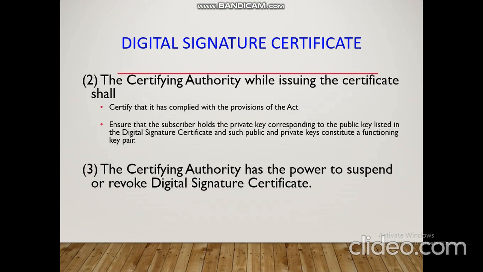Digital signature certificate. The certifying authority, while issuing the certificate, shall certify that it has complied with the provisions of the Act, and it also has to ensure that the subscriber holds the private key corresponding to the public key listed in the digital signature certificate, and that such public and private keys constitute a functioning key pair. The certifying authority has the power to suspend or revoke the digital signature certificate. That means a certifying